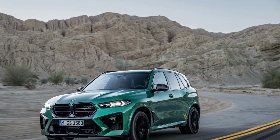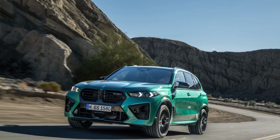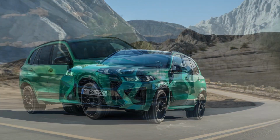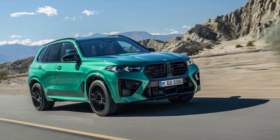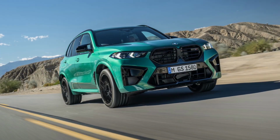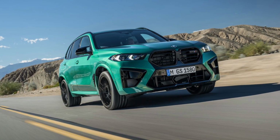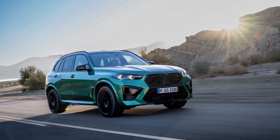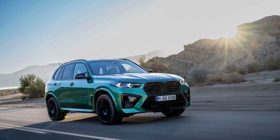driving and parking systems. The new BMW X5M competition and new BMW X6M competition are built at BMW Group plant Spartanburg in the US. The Competence Center for BMW X models also hosts production of the BMW X3M and BMW X4M models as well as the BMW XM, the first high-performance car from BMW M GmbH with a plug-in hybrid